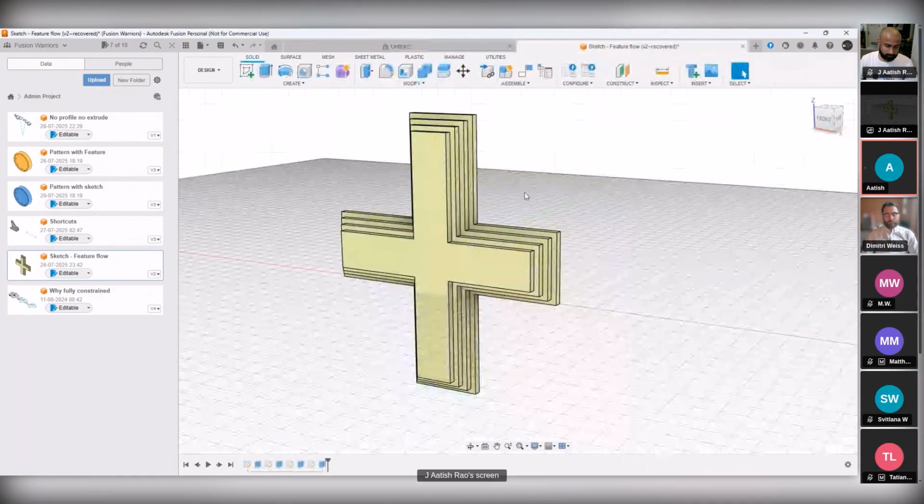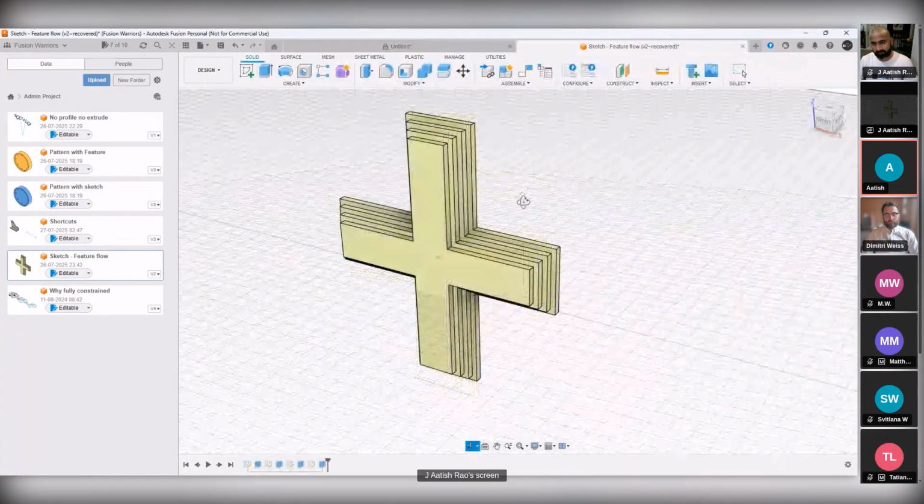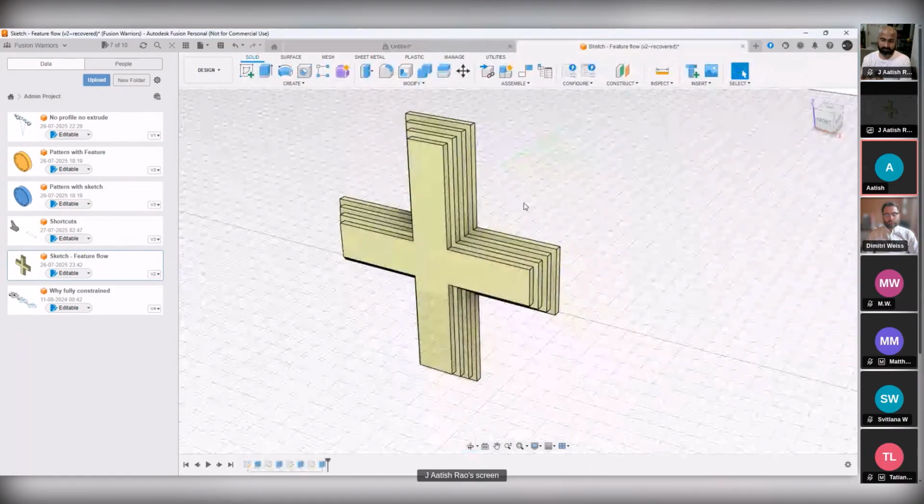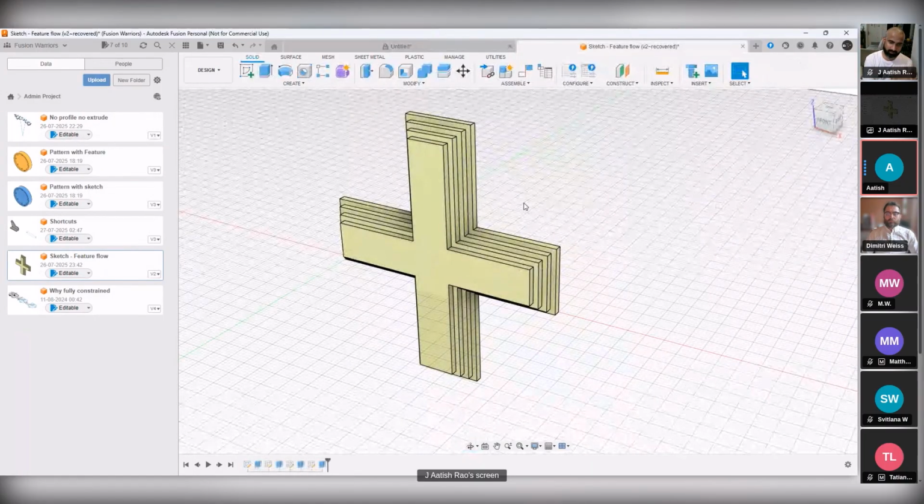So here we followed certain steps: one sketch, then a 3D feature, that is push pull, then again a sketch, then a 3D feature. But here